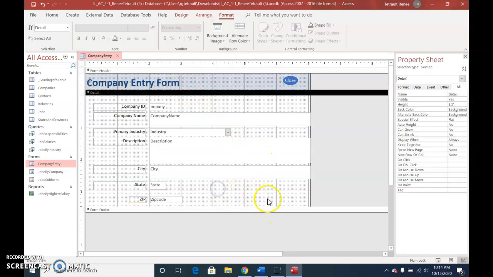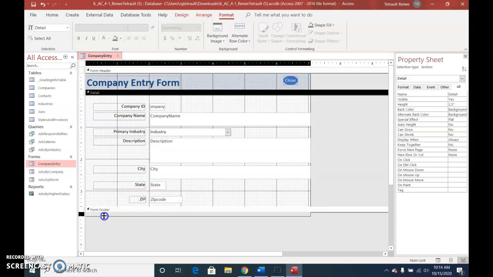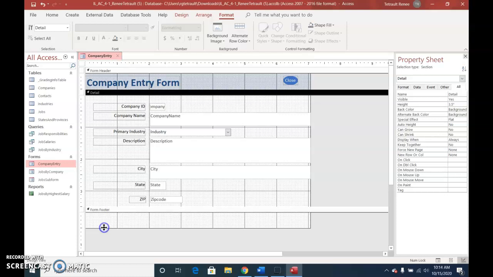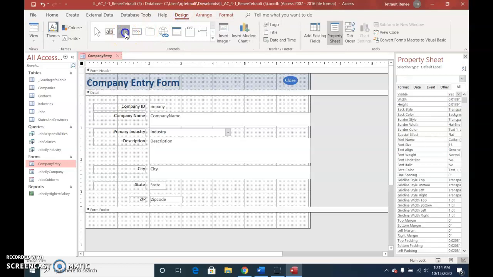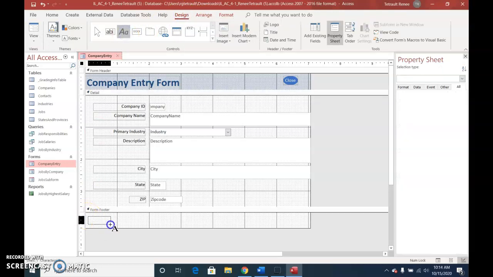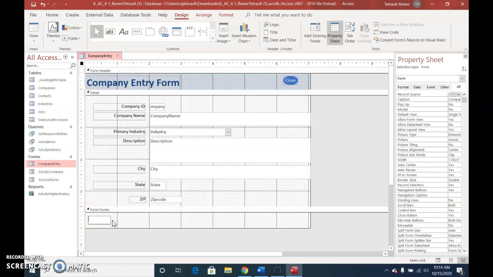Looks good. Okay, now we're going to add a footer. So down at the bottom, look for the double arrows where it says Form Footer, and increase it about a half inch. And then in order to type in there, click the Design tab, and this is Label. So go ahead and click that, and then you can just hold and drag and type a label. We're going to fill in there